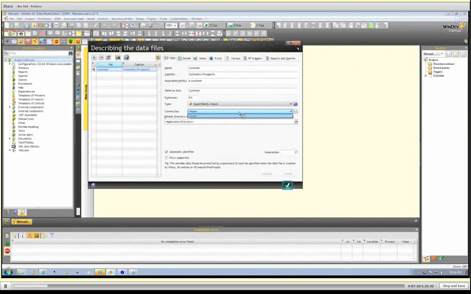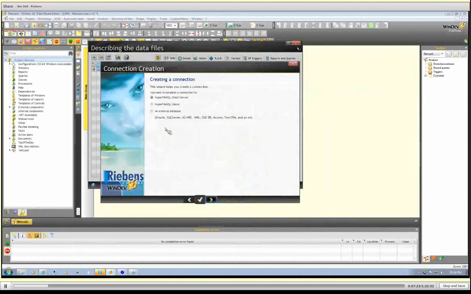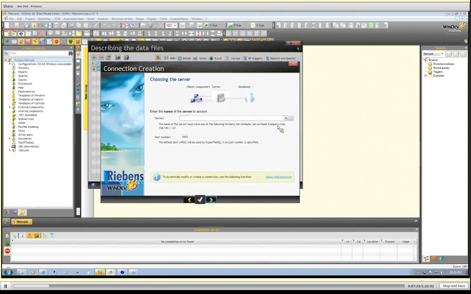Okay, I can also tell this table that it should be using a different type of connection. Now, how this works is I can go and I can set up connection types. So I can set up more than one connection type, and at runtime I can determine to which connection this table belongs. So let's quickly set that up. I can set up one. Let's set up one locally, and